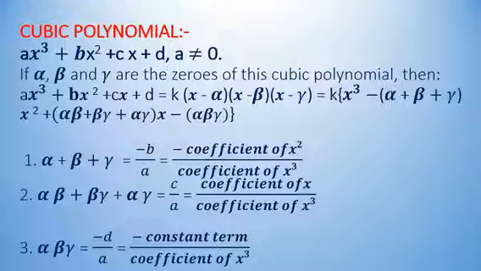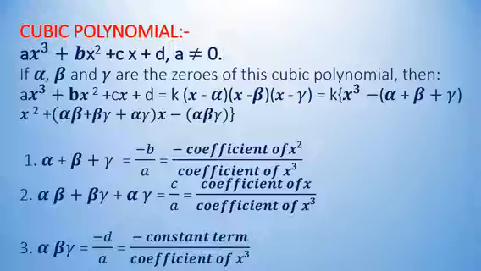In the same way, we can establish the formula for a cubic polynomial. Let us take the general cubic polynomial ax cubed plus bx squared plus cx plus d, where a is not equal to 0. So if I take alpha, beta and gamma as the zeros of this cubic polynomial, then x minus alpha, x minus beta, x minus gamma will be the factors. As we did in the case of the quadratic polynomial, here again we can make the equality of left hand side and right hand side, and after equating we get alpha plus beta plus gamma is equal